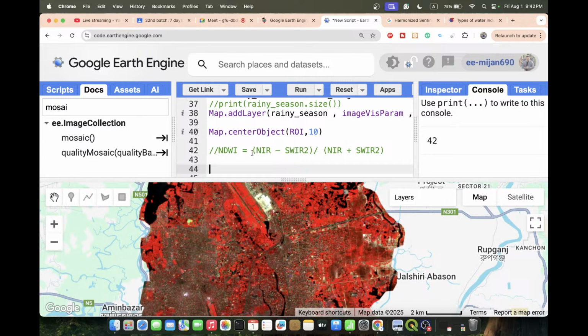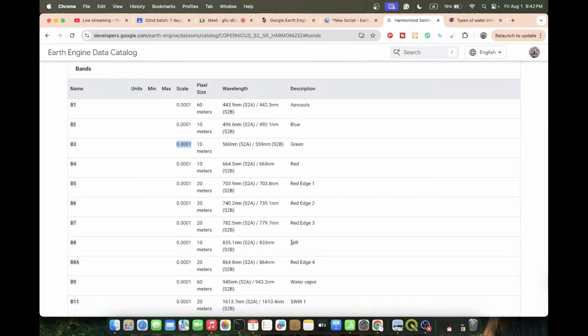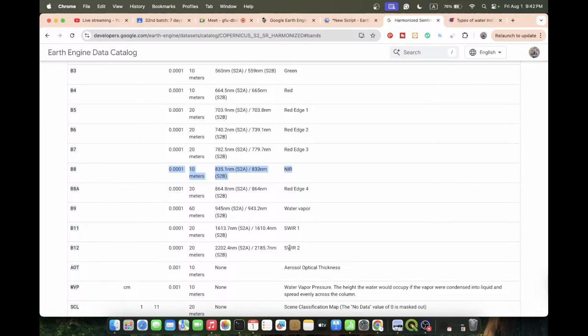Suppose I want to use it. You can use any formula. So I want to use the formula and detect the water body. So this formula is, if you check, near infrared band minus short wave infrared 2 band divided by near infrared plus short wave infrared 2 band. So now if you check the near infrared band, this is the near infrared band, B8. And if you check the short wave infrared 2 band, it's B12. So I need to use B8 and B12 to compute